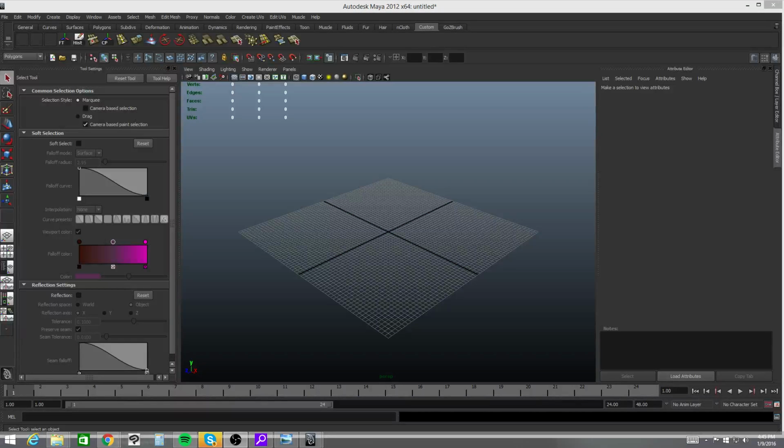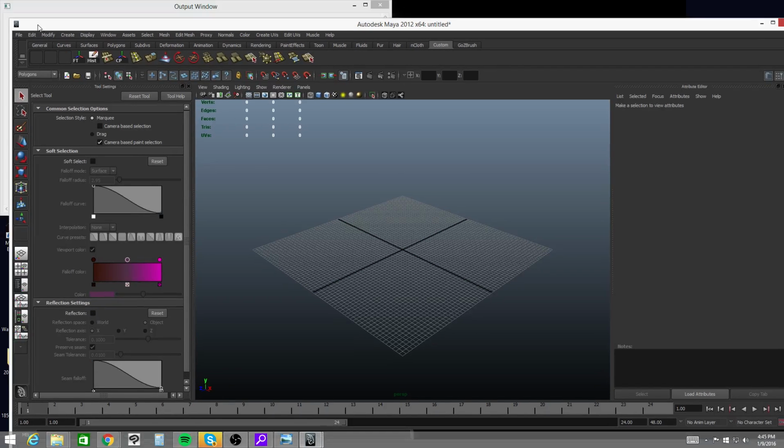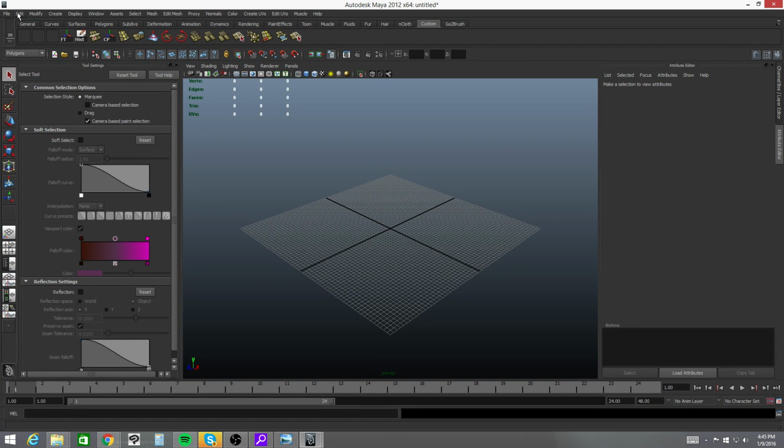Alright, so now that we've touched on some of the UI elements in Maya, I want to talk about sort of the basic building approaches in Maya. We have polygons, which I'm sure many of you have heard of, which is sort of a standard vert-based approach to modeling. And what that means is if I go up here and I'm in polygons, I can